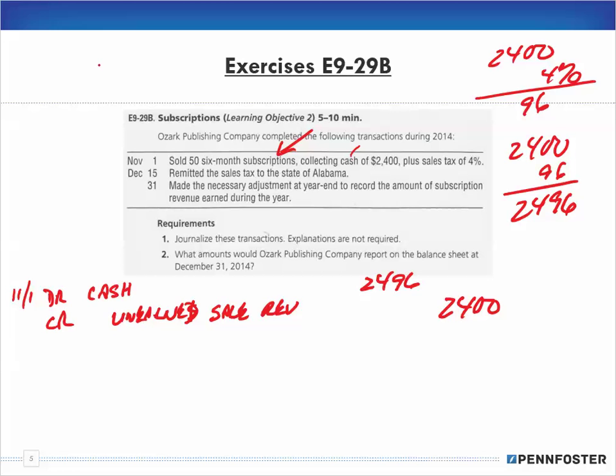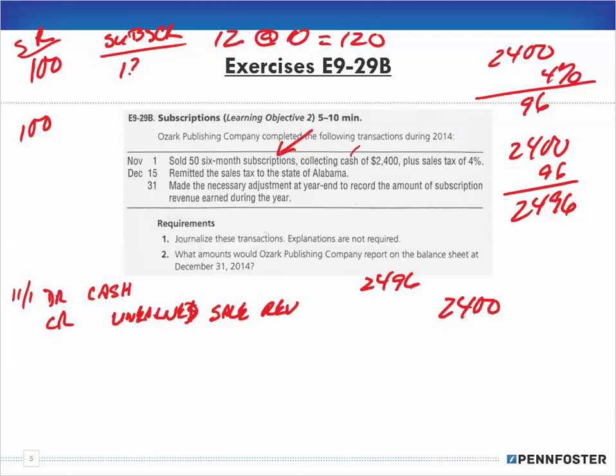Think of it this way: if I buy a cuckoo clock for $100, I'm buying that one clock. That's my revenue, so that's sales revenue. And if it gets returned, I'm going to end up giving back the $100. But when I'm looking at a subscription, I may earn the $100. I'm just using a different number to make things easy, but let's make it $120. If it's a 12-month subscription at $10 each, when I get the subscription, they're going to pay me $120. So that's $120, but is it the same as sales revenue? No. Why? Because